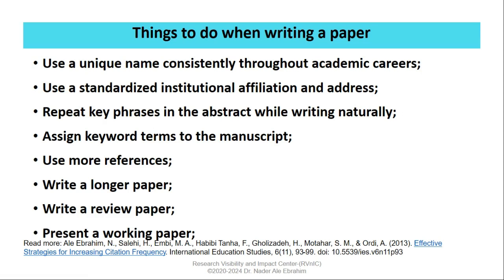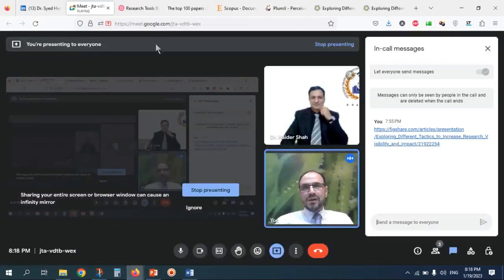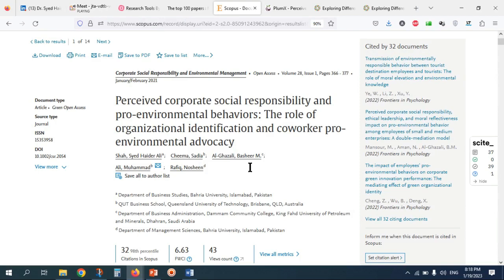You should make your article search engine friendly. We call it academic search engine optimization, and it is very important. For instance, one example I mentioned here is already open. This is your paper, Doctor. As I mentioned previously, you used your full name, but you may have recently decided to just mention Haider Shah.